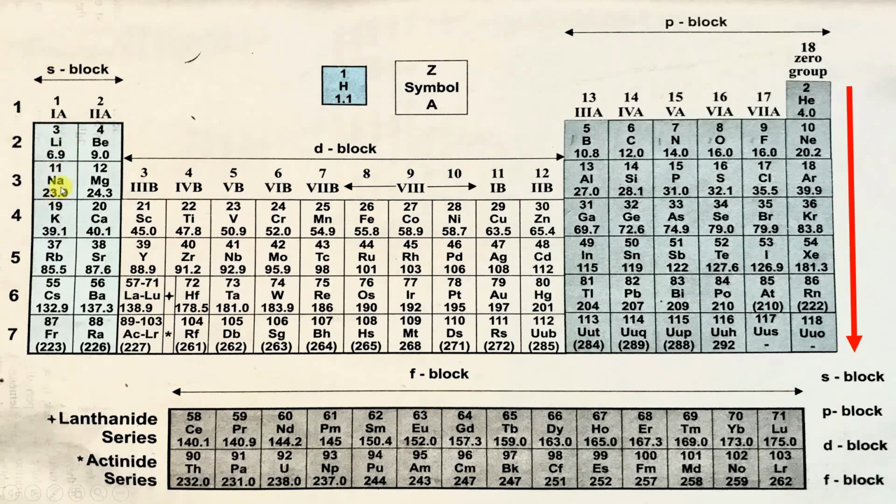Now this is not the case only for the first group, but this applies to all the groups. So if you consider any group and if you move from top to bottom, then it is obvious that the size of atomic radius is going to increase because the energy levels here are increasing. So here guys, we complete our first property, that is the atomic radius, how it varies as we move across the period and how it varies as we move along the group.